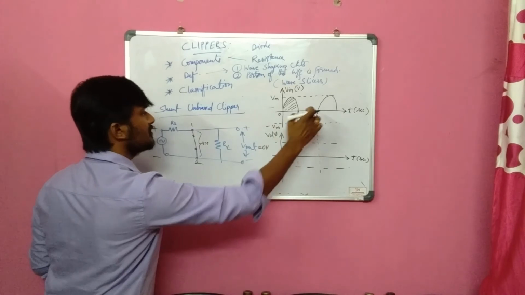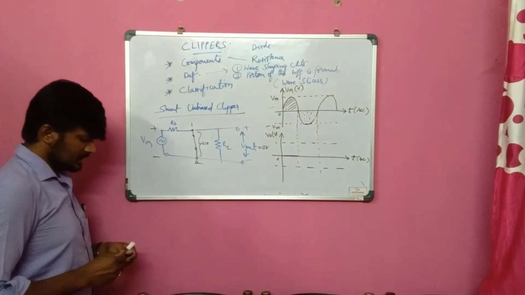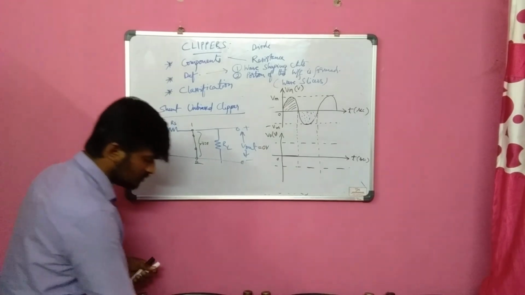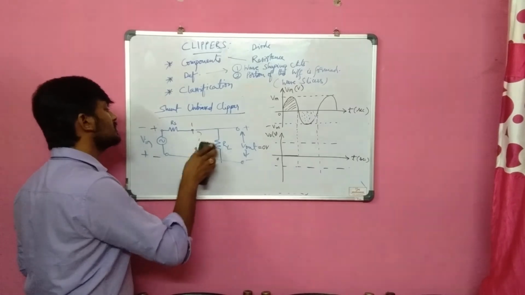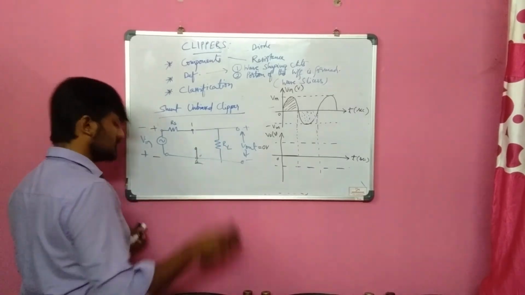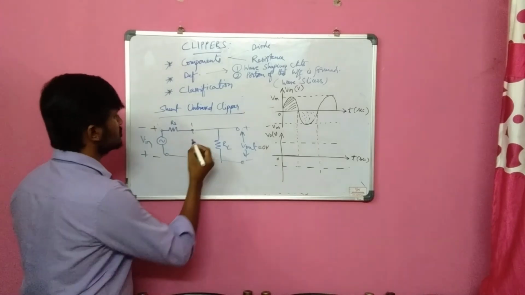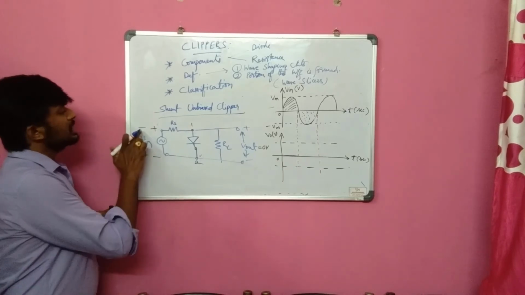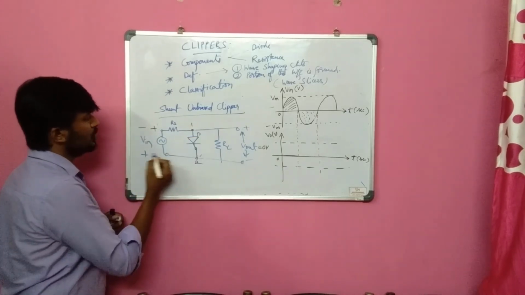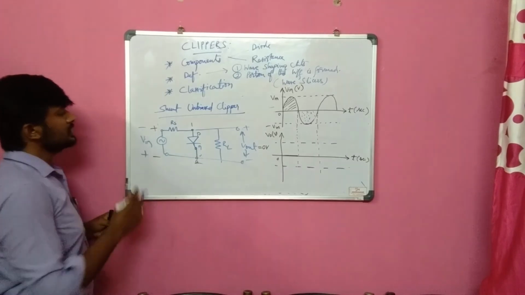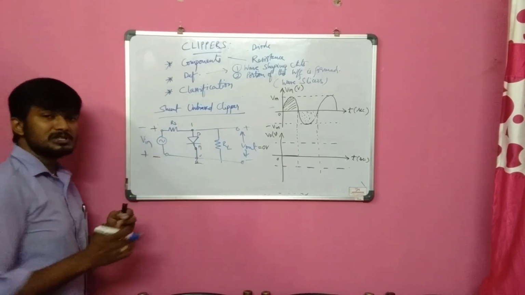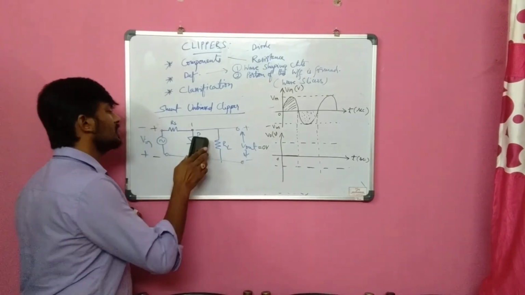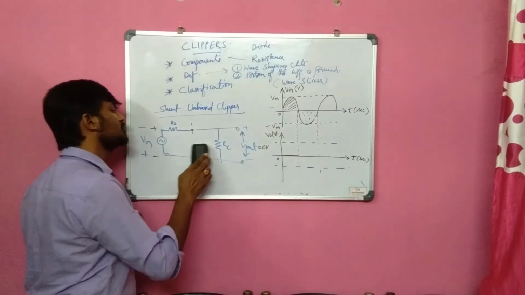Let's see what happens for the negative half cycle. For the negative half cycle, we again have to change the polarities, minus and plus. Let me redraw the diode once again. This is how I took the diode in the previous case. Negative is connected to P and positive is connected to N. So for the negative half cycle, negative connected to P means reverse bias. Reverse bias means simply open circuit. In the previous case it was a short circuit, and now it is an open circuit. Open circuit means I simply have to remove the diode.